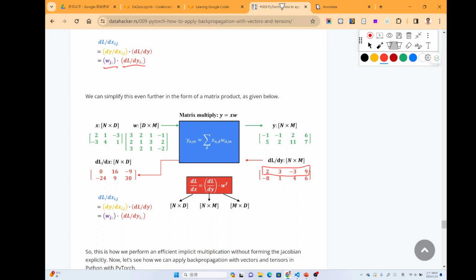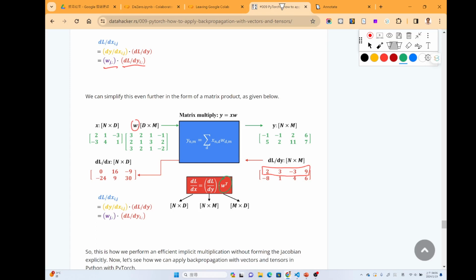But in order to write it as a matrix form, we need to get a transpose of W, so that getting one of the rows will be getting one of the columns. So we just get one of the rows from the dy over dl and one of the columns from the W. So you can write the formula in this way.